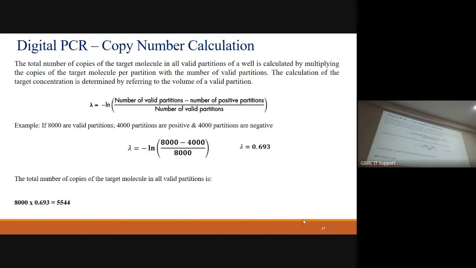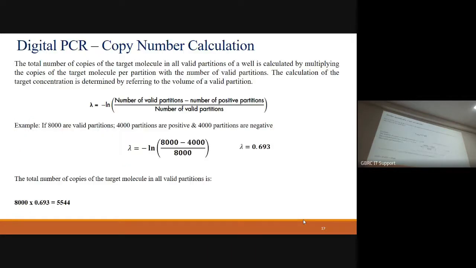So in the software, they will give you this result, copies per microliter. But how does the software calculate it? Suppose in digital PCR we have a two-plate format. I think you must have seen it in the practical session. One is 8.5 thousand partition based, and the second one is 26,000 partition based. So suppose this is lambda, how do they calculate it? The number of valid partitions: suppose I am using the 26,000 partition well plate and I am putting in my reaction mix.